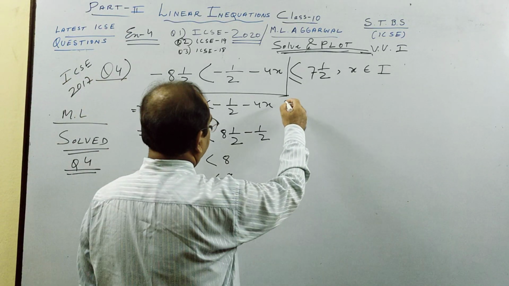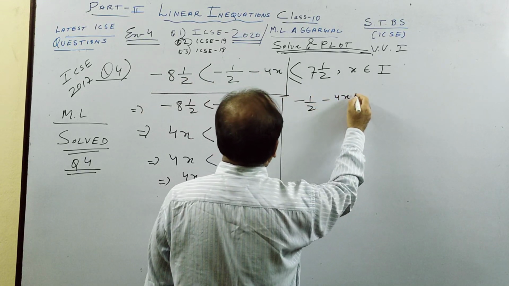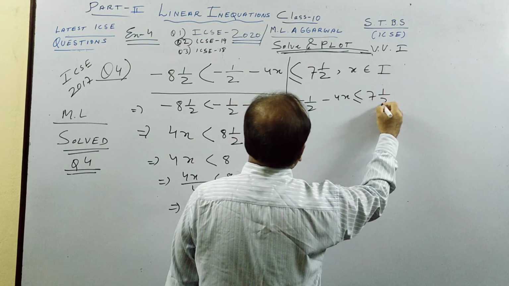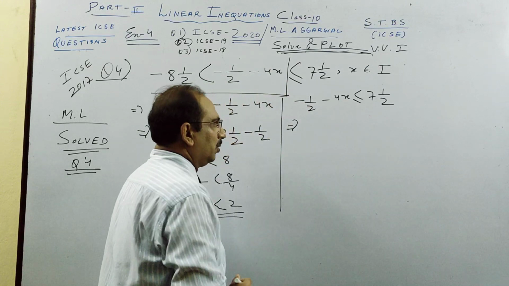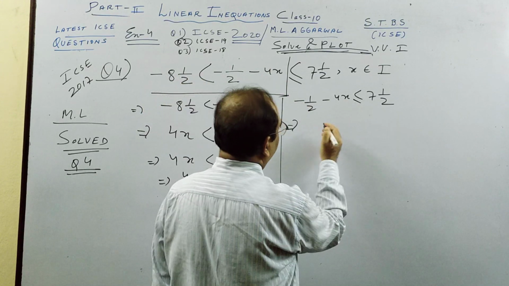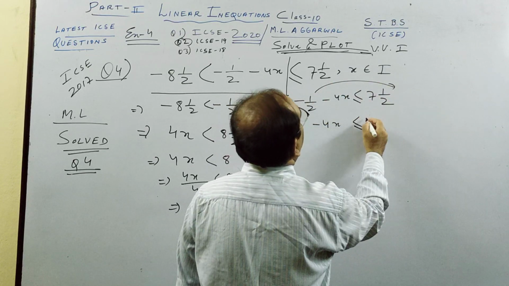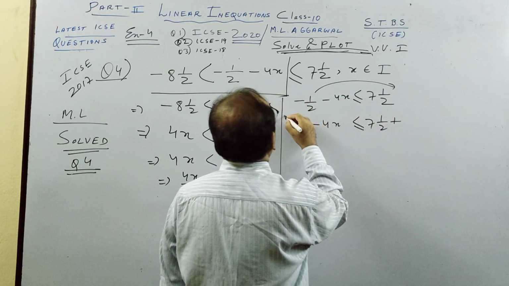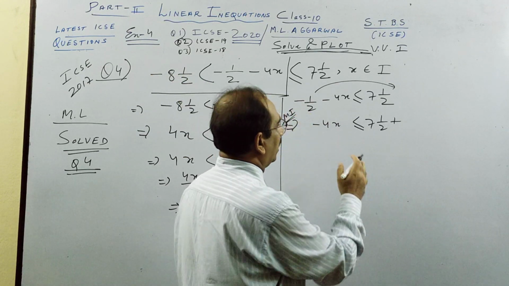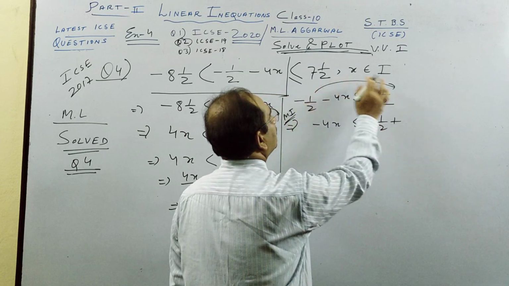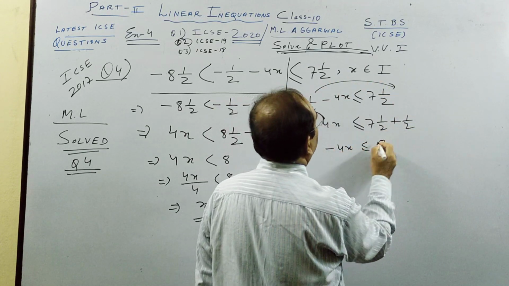Okay, then right side we take minus half minus 4x, 7.5. What you do, same way children as I told you, there are two ways again. Minus 4x you take, if this goes that side it becomes plus. This is method 1. You can try this in my method 2 also, which I am not doing. So this remains here, this is transposed. You get minus 4x is less than 8.